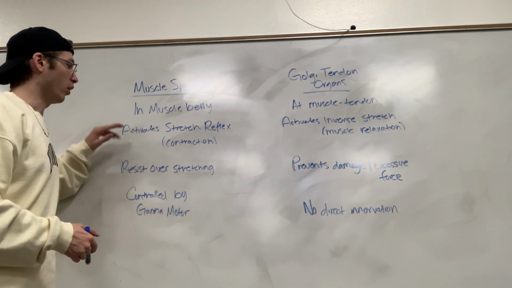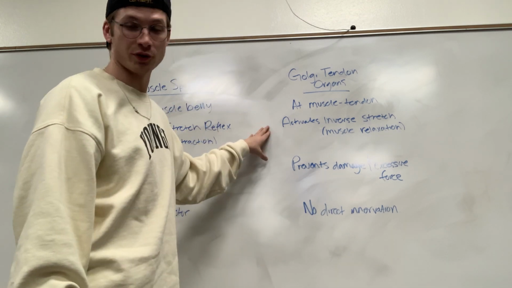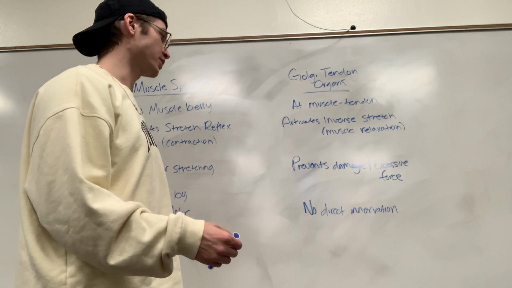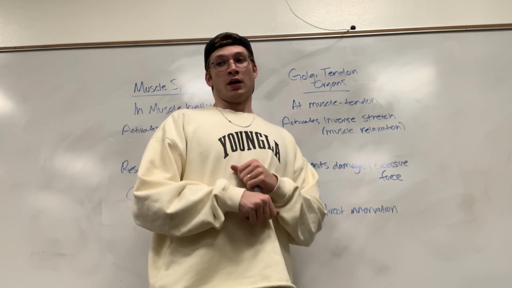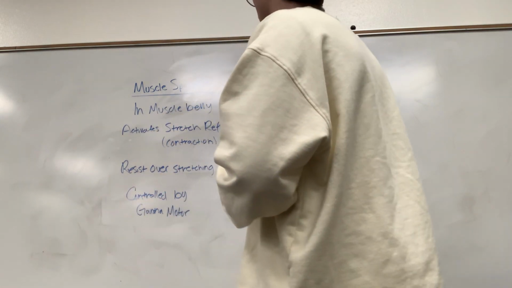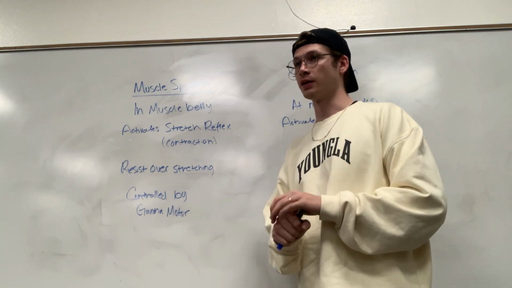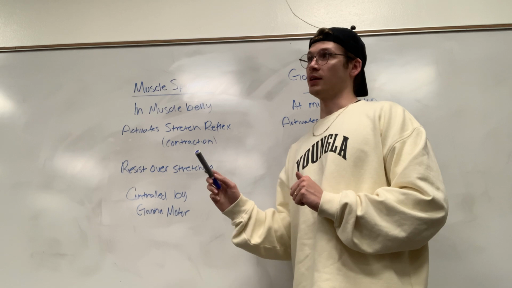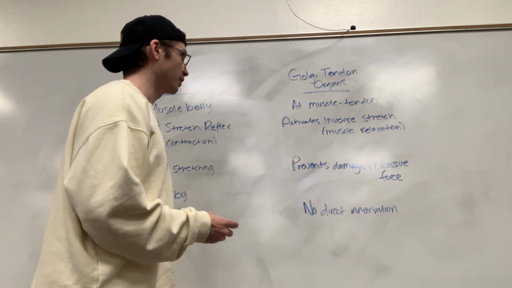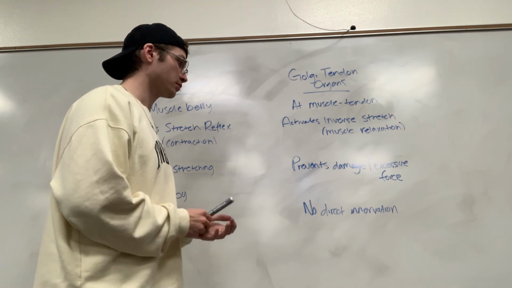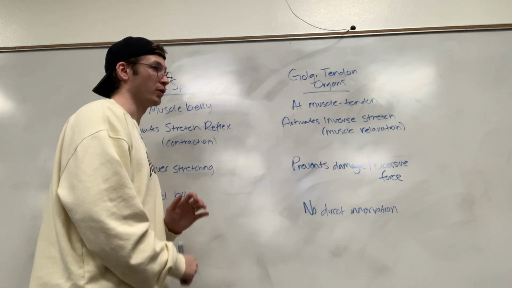This is going to activate our stretch reflex, which is contraction, and our Golgi tendon organs are going to activate an inverse stretch or muscle relaxation. This is to prevent damage and excessive force, whereas our muscle spindles are going to resist overstretching. Again, stretch reflex is in response to stretching, and Golgi tendon organs is the opposite of that, and that's to prevent the damage from those muscles and